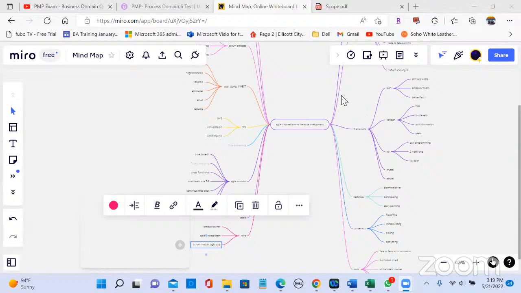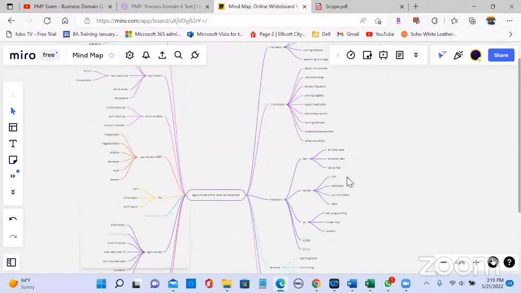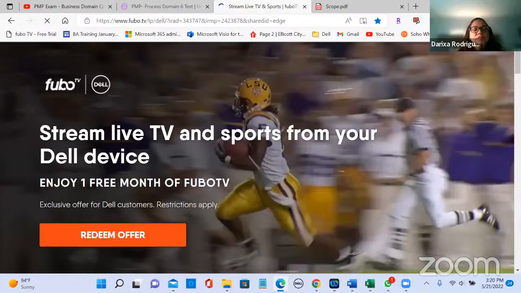Okay. So I did Agile. Agile is basically an umbrella term, and it is an iterative development. We have 4 Agile